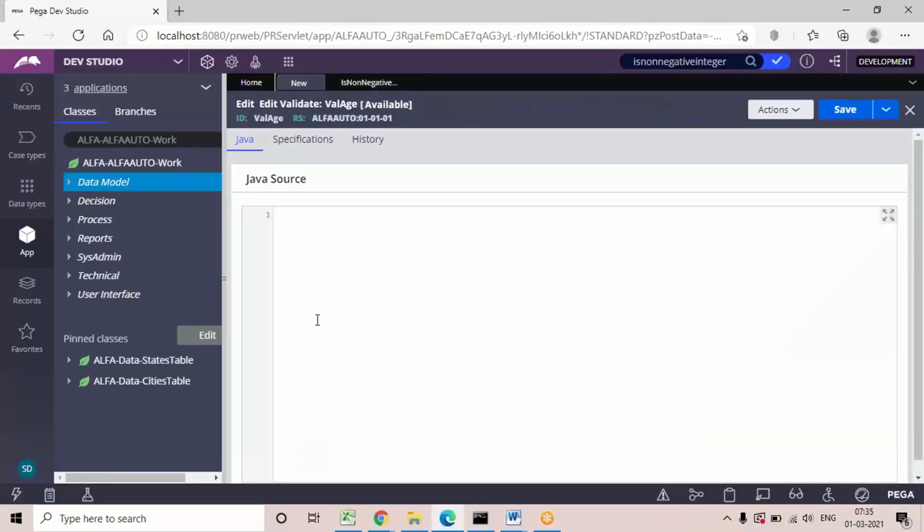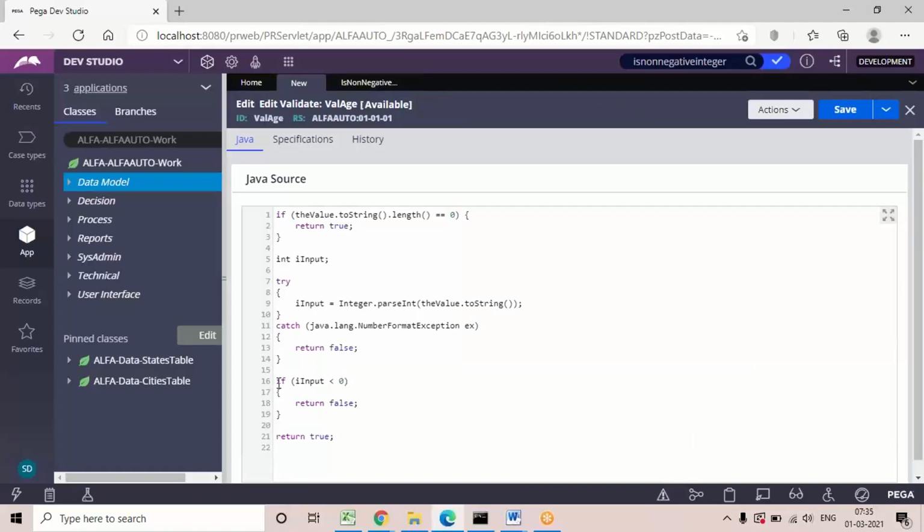Same code I'm going to copy in the new rule. But the change we have to configure is this if condition. In the previous built-in rule, it checks non-negative, right? If it is less than 0, it is going to throw some error. But here what is the condition? If age is less than 25, add one message, and if age is greater than 75, add one message. So two if conditions are required in this scenario, and we are also going to define some user defined messages.